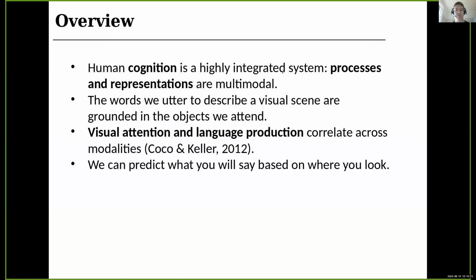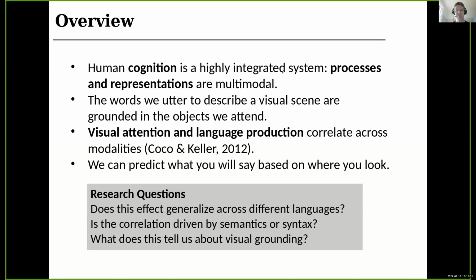And this actually goes back to some old work by Moreno and myself. So I'll quickly introduce that, and then I will raise some research questions based on that work. These questions deal with, first of all, how general this effect is, this correlation between attention and production, and in particular whether it generalizes across other languages. Languages differ quite a lot in syntactic structure, maybe in semantics as well, lexical structure, and so on. So how general is that effect? And in particular, does it also generalize across languages? And we'll see what that means in a moment.